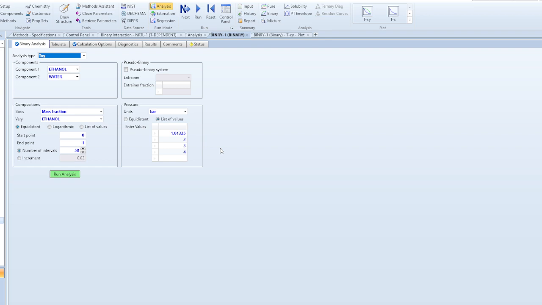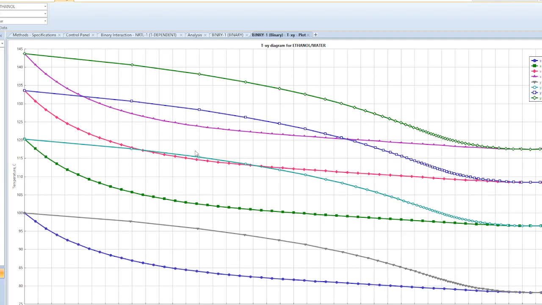The TXY and PXY diagram helps us realize whether this value is possible or not. So we ran a TXY diagram at pressures of 1 atm, 2 bar, 3 bar, 4 bar, and what are we seeing? We are seeing that as the pressure increases,